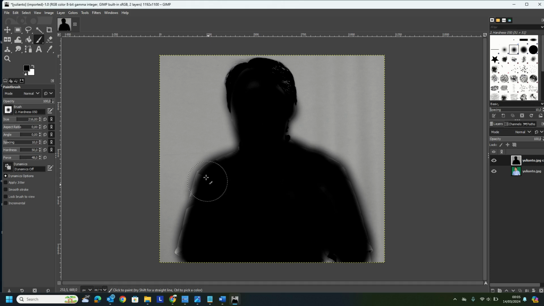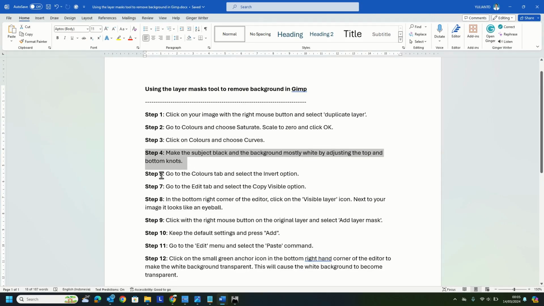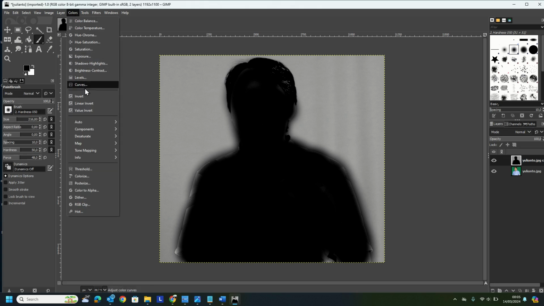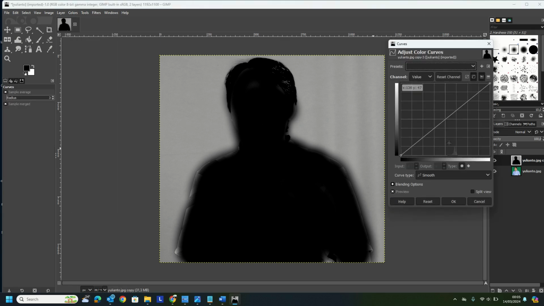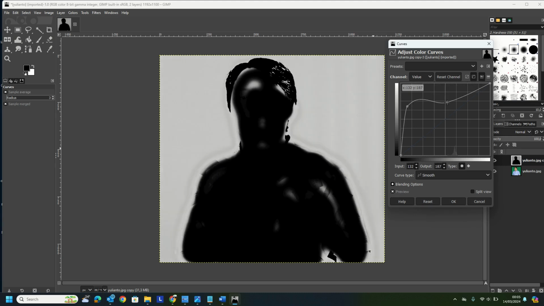Then we are going to step 5: go to the Colors tab and select the Invert option. But before we do this, I will adjust the curve once again so the background is really black, maybe like this.